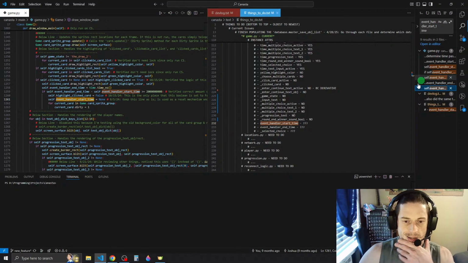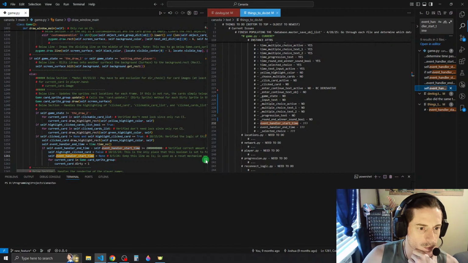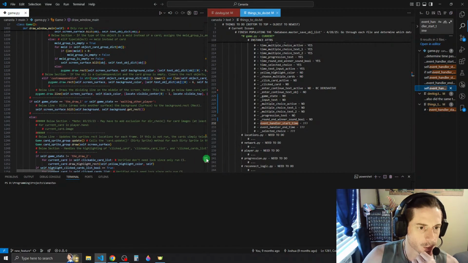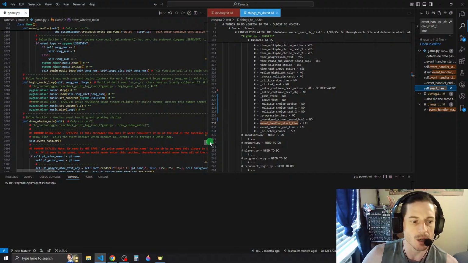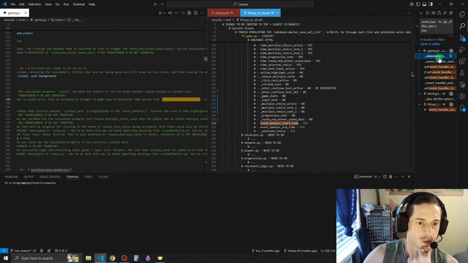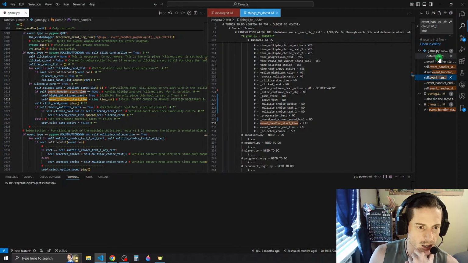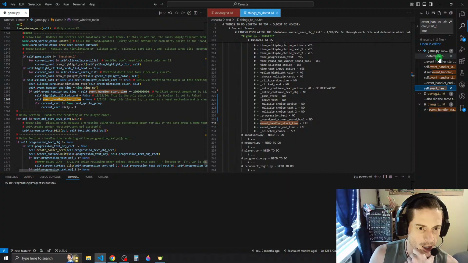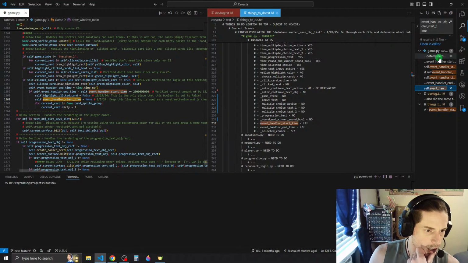And that's it. So this is all going to happen within the same main while loop iteration, right? Because we call event handler at the beginning of draw window main. So the event handler stuff will happen first, where it checks to see if it's equal to none. Then if it is, it will set it to the current time, and then immediately after we check to see if it's greater than 2 seconds, and if it is, then we set the event handler start time to none,